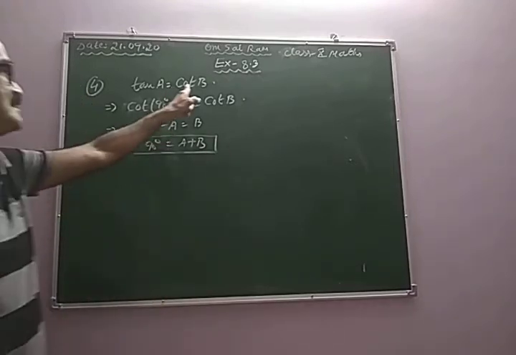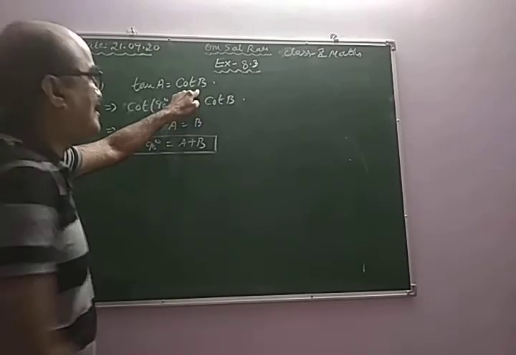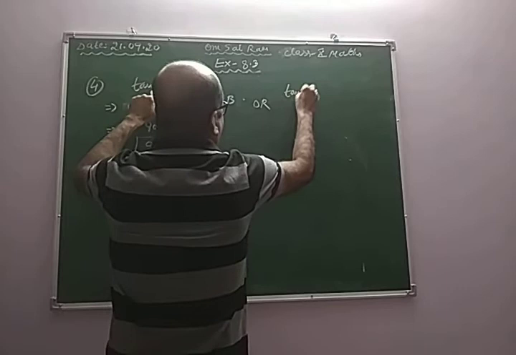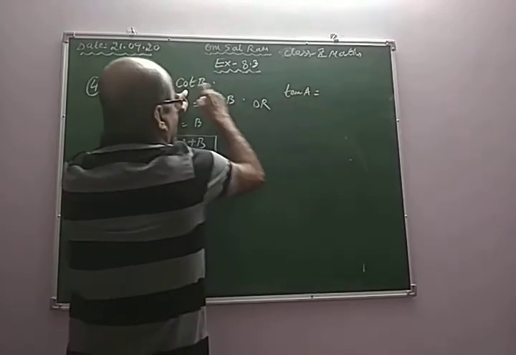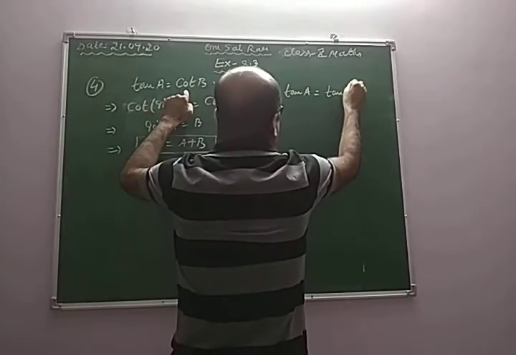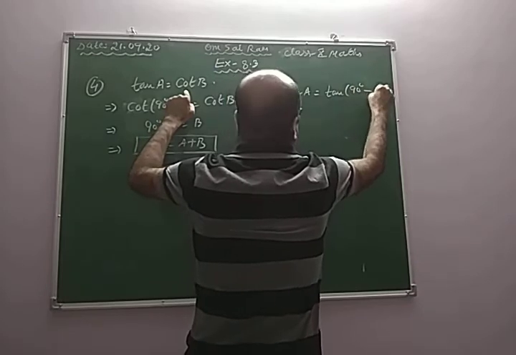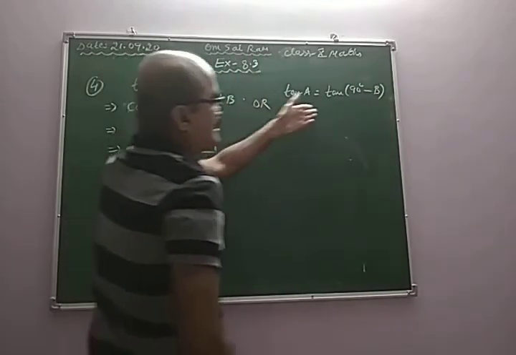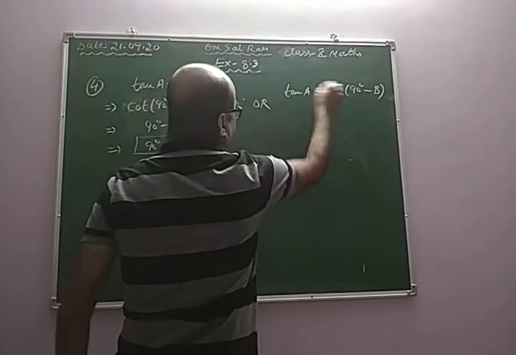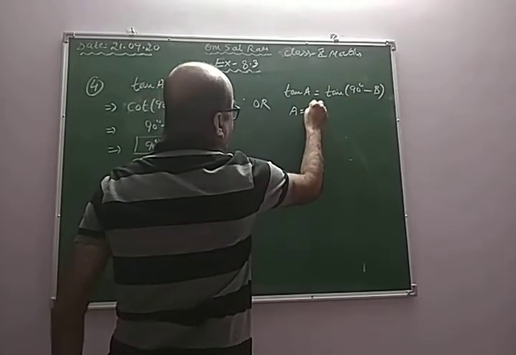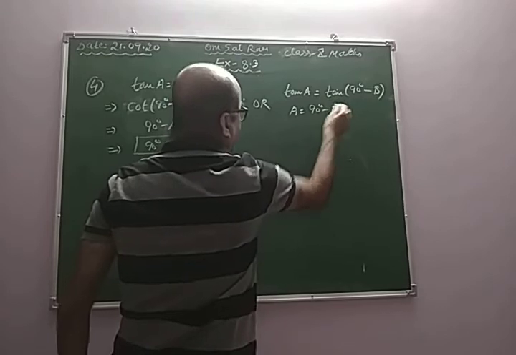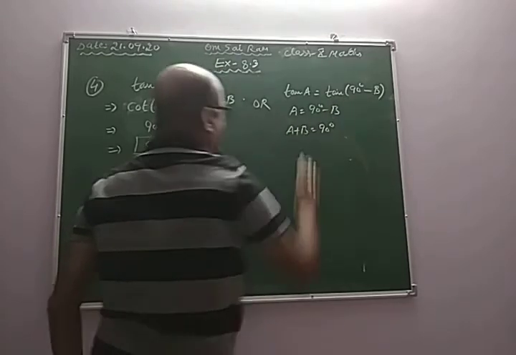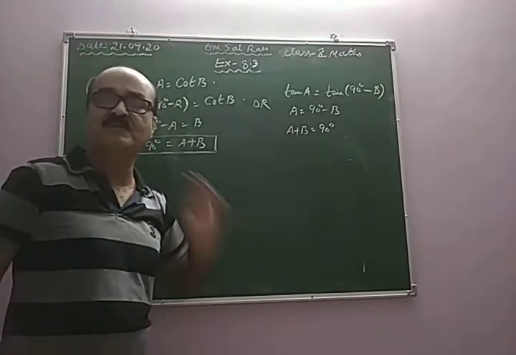Right? If you change this into tan, then you can also get the same result. Suppose you are solving this tan A and I am changing this cot B. So this can be changed as tan of 90 degree minus B, because tan 90 minus theta is cot theta. This gives the same result. So both sides tan tan will be removed. So A is equal to 90 degree minus B, transpose B here, then A plus B is equal to 90 degree.